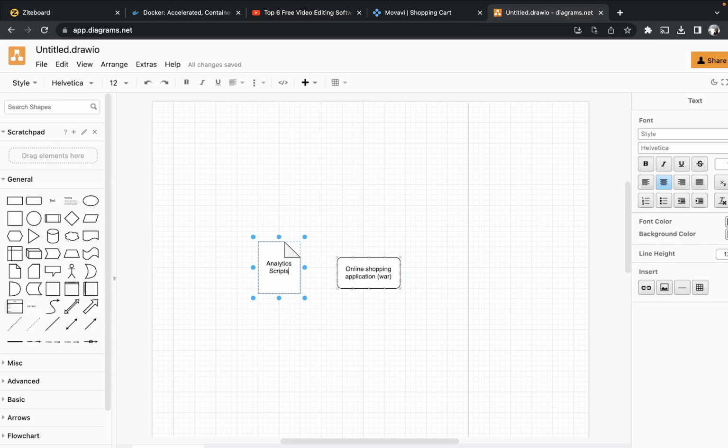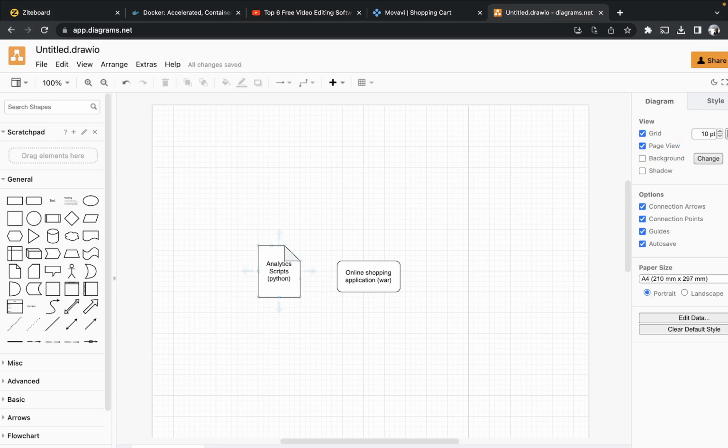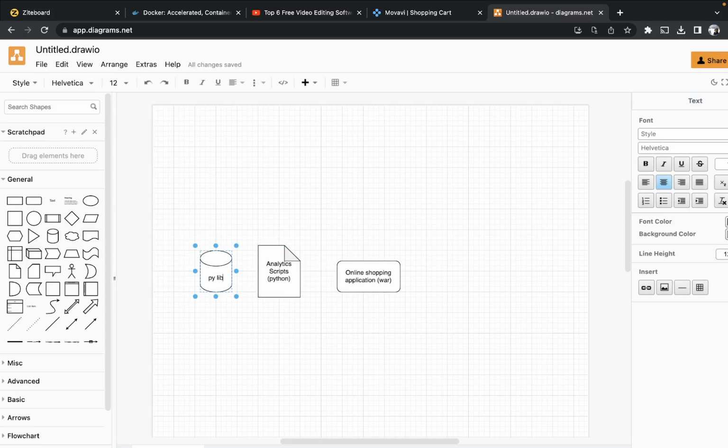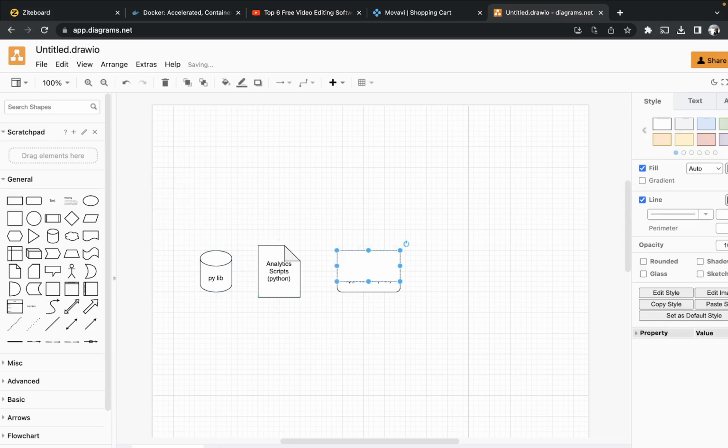So before your application is up and running, this analytics script should be running in the environment. And another point is, these analytics scripts are written in Python. Like the Java code, to develop or to run Java code, we need the JVM to be ready in any environment, right? So like that, for Python scripts we also need some Python libraries for supporting our scripts. Now if I consider this as an environment,